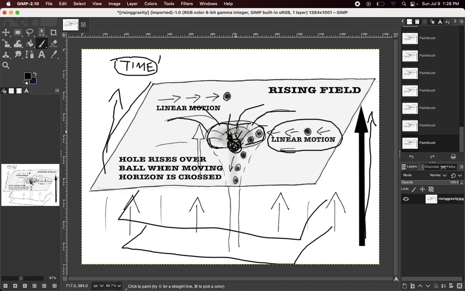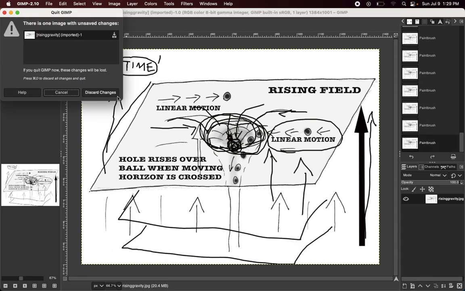We would curve in because it's curved, but why would gravity hold us there? Well, if this is all moving up, then if something can't keep going inward, in other words, this is rising up over, this is complex, but the hole, this hole, let's forget the planet, it's a hole in space, is rising up, and if something is going this way, this rises up over the object moving through linear space.